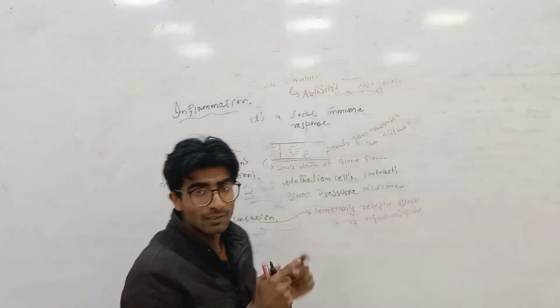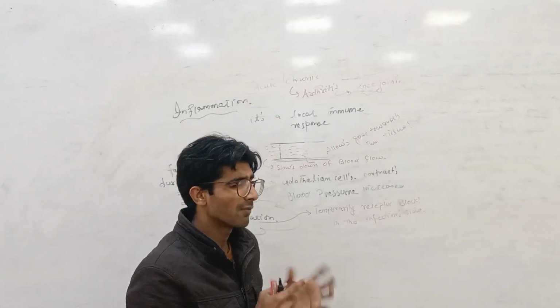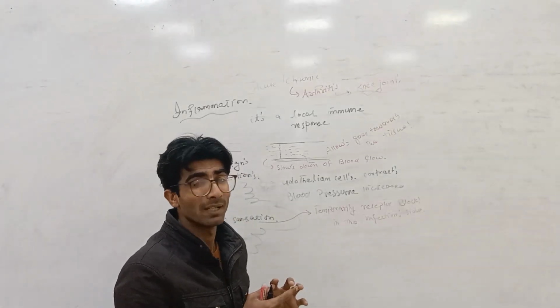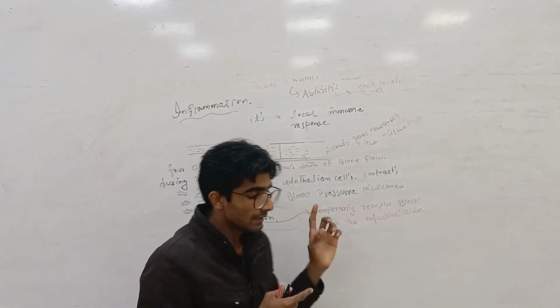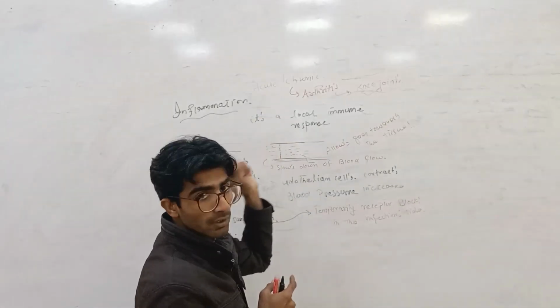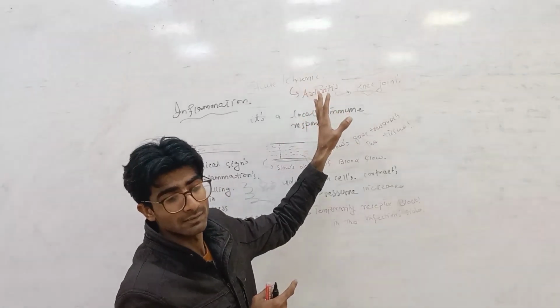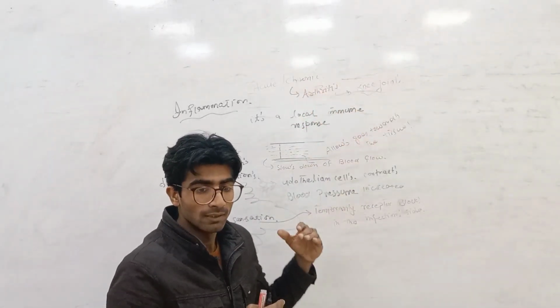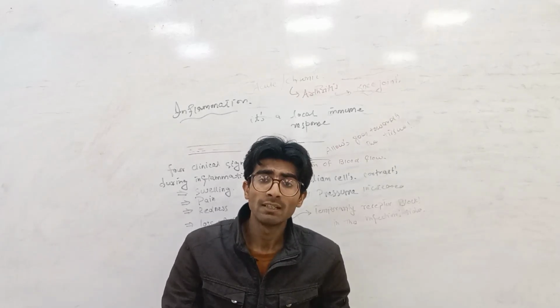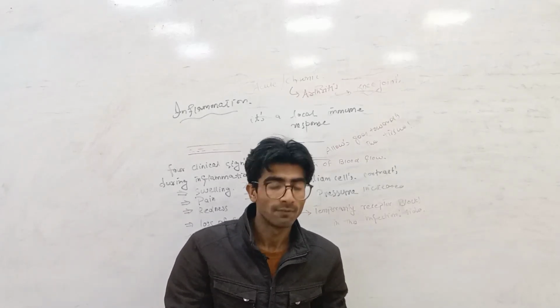Two types of inflammation: acute and chronic. Acute shows after 1 minute or after 1 hour, for example, asthma. And chronic happens after acute. It also happens suddenly in certain conditions, but it shows after a few weeks or after a few months. For example,